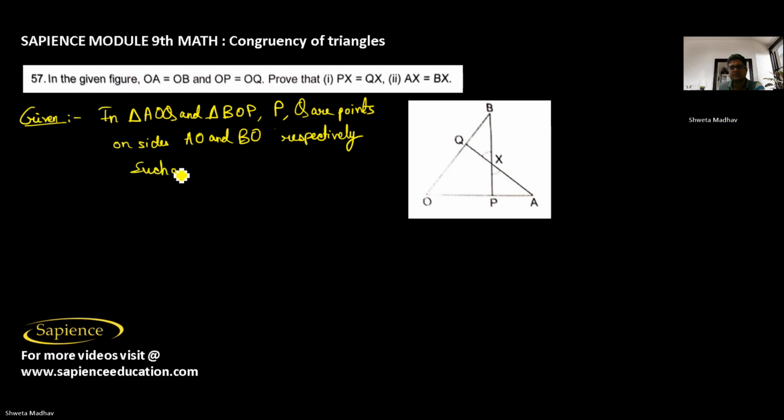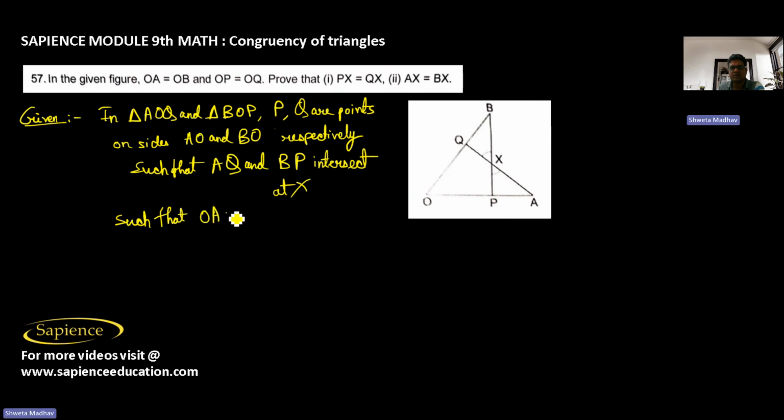AQ and BP intersect at X such that OA equals OB and OP equals OQ. Now we have to prove that